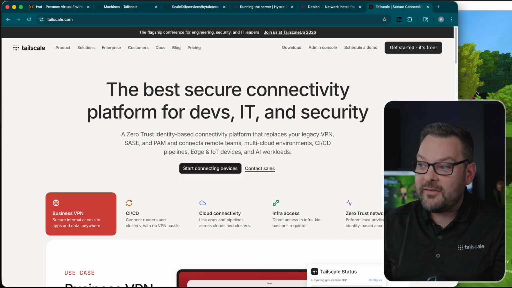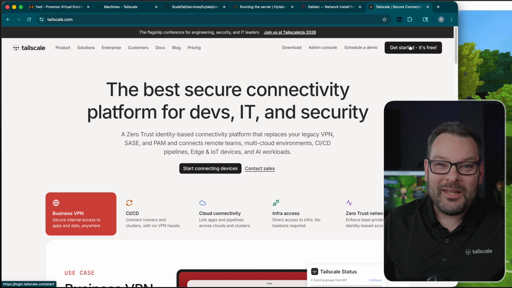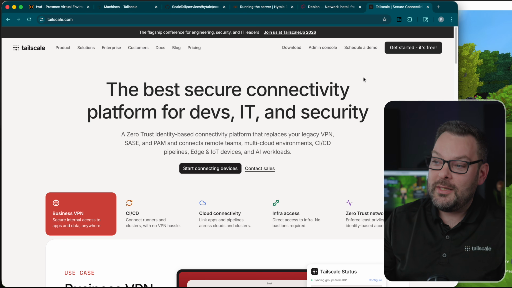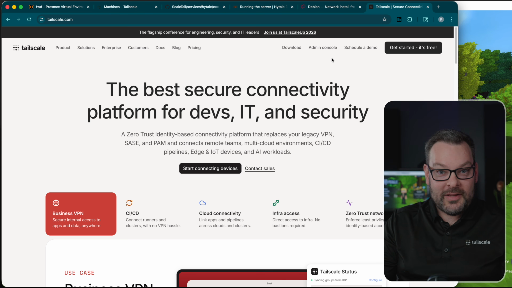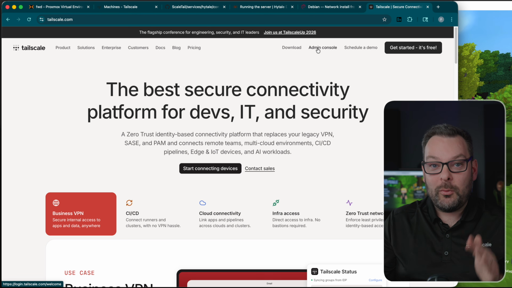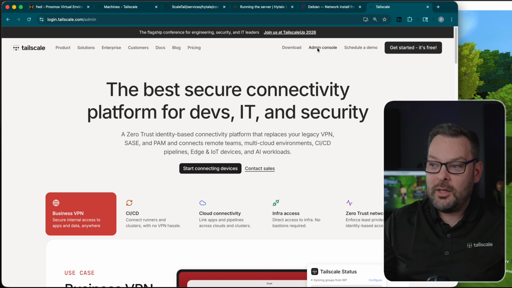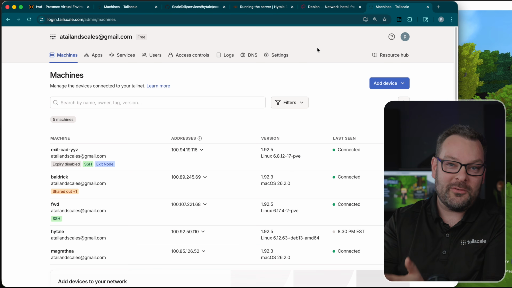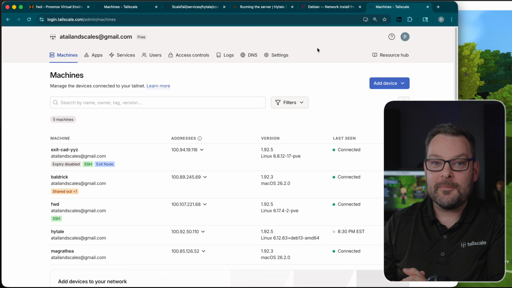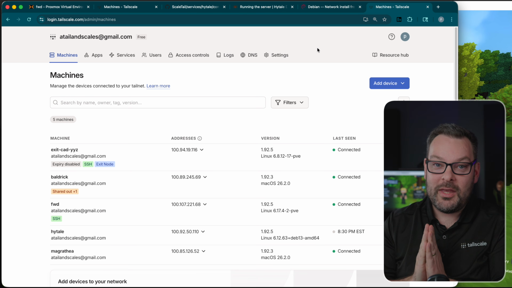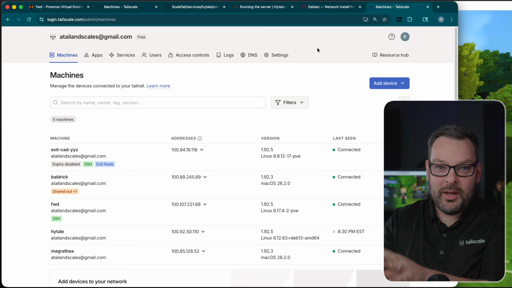Now, you can click on the Get Started button up here, but I do work here, so I already have an account. I won't go through that process of creating one today. As I say, it's completely free. But once you have created one, you'll want to spend quite a bit of time in this sort of admin console area here. So the first thing we've got to do is make sure that your gaming rig,